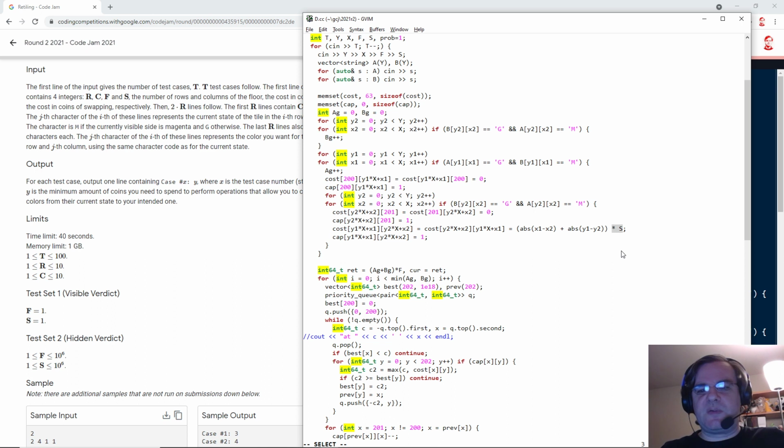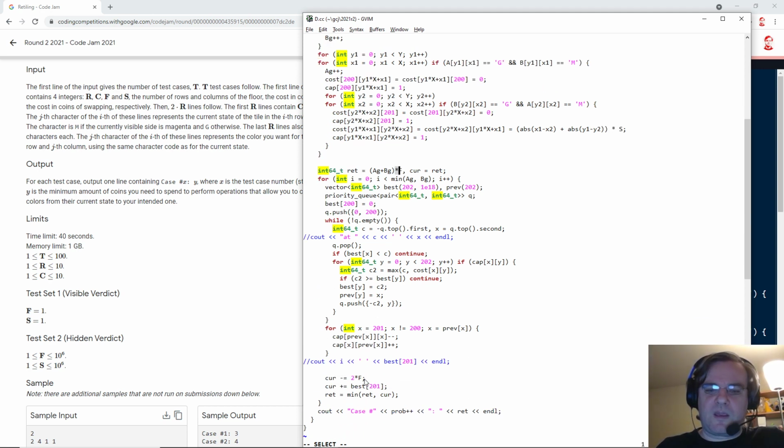So if my cost here was not multiplied by S, it would still look correct for test set 1. And if this was not multiplied by F, and this was not multiplied by F, then it would still look correct. But aside from leaving out the variable, I don't see how I could mess up F and S here.